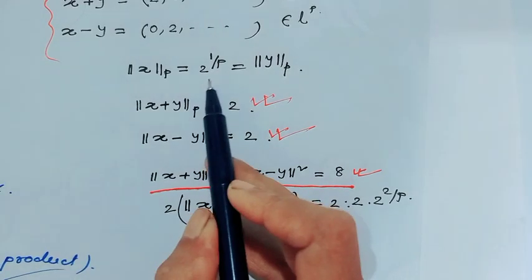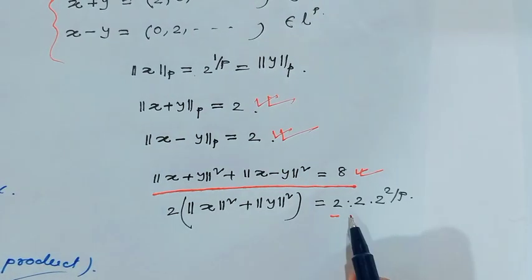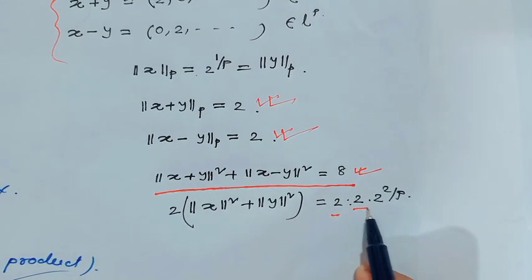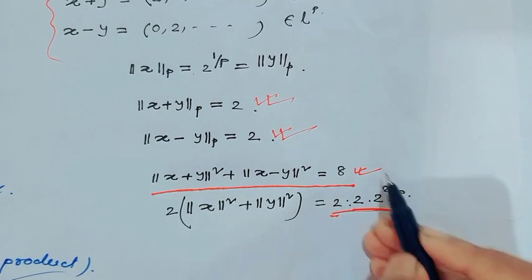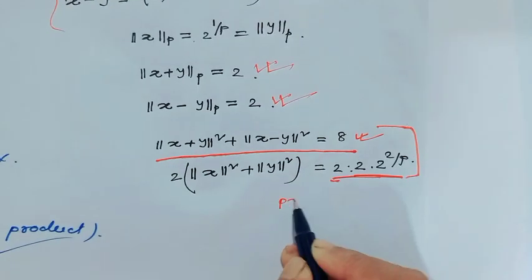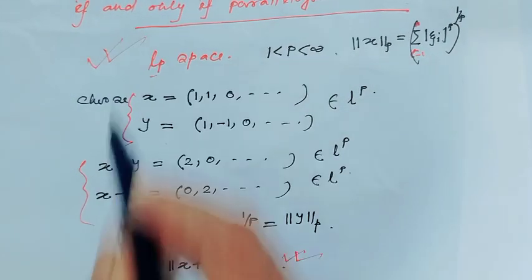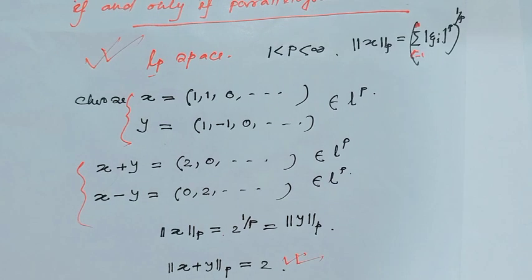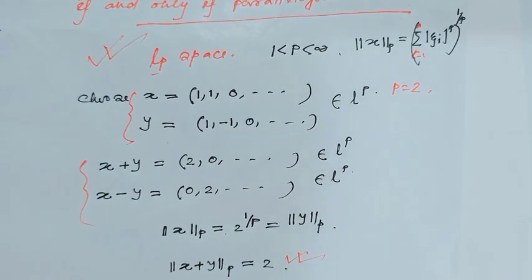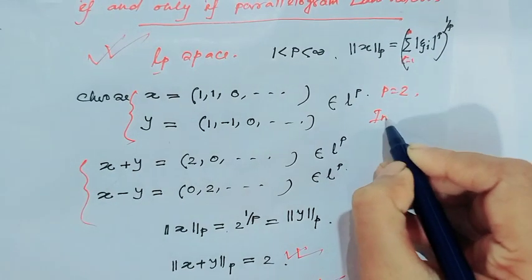Here, the norm of 2 to the power 1 over p, times 2, and here whole square, that means this is 2 times 2 over 2 to the power p, and that means this value is equal when p equals 2. Therefore, L^p space is an inner product space only when p equals 2, and when p equals 2, this is an inner product space,